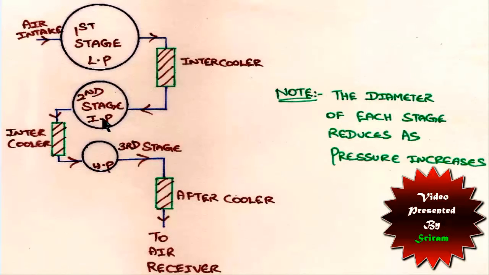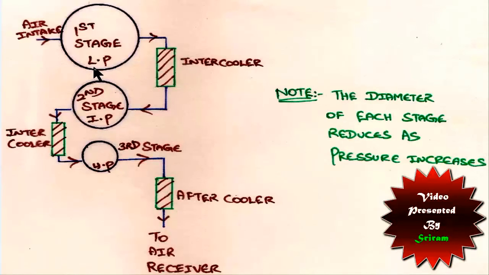And if you keep the intermediate stage at the same diameter as the first stage, all the compression and the work input to compress and increase the pressure of the air would be lost, and then it will expand again. It is for this reason that there is always a convergence, a steep decrease in the size of the cylinders as the pressure stages increase.